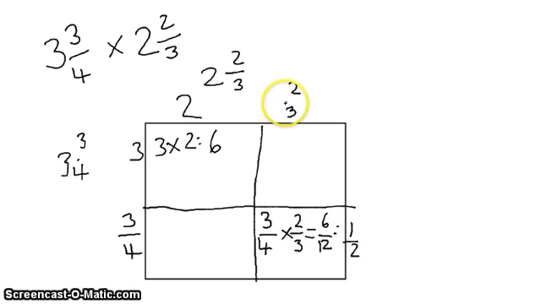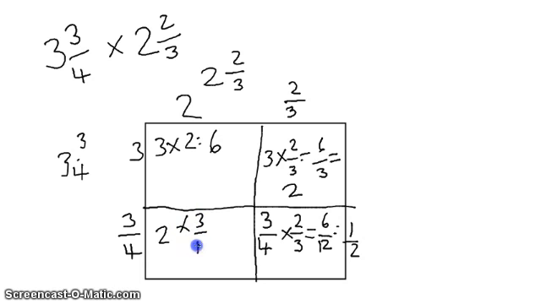So this one, now let me fix that fraction bar in there, 2/3 times 3. Well, you know that 3 times 2/3 is 6/3, which is equal to 2. And then here, 2 times 3/4 is 6/4, which is equal to 1 1/2. So then you get 4 partial products: 6,